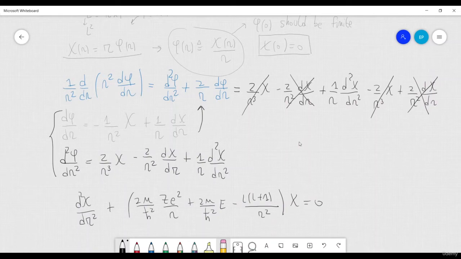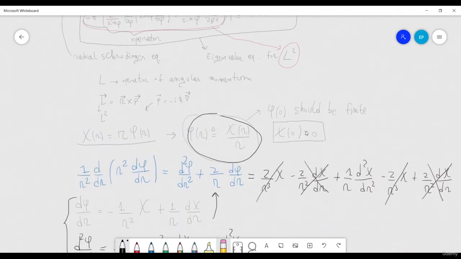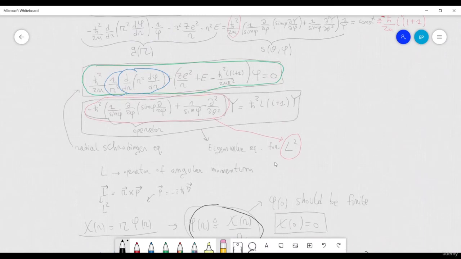So I have replaced this definition here in the radial Schrodinger equation, and this is what we get, right? And this was our starting point,